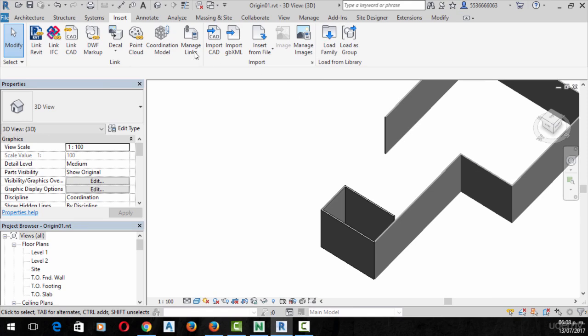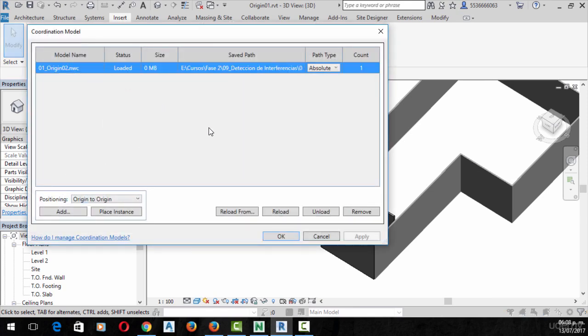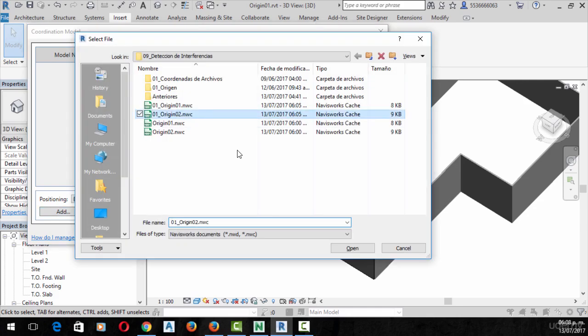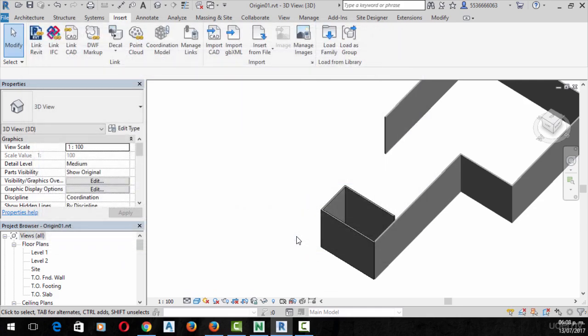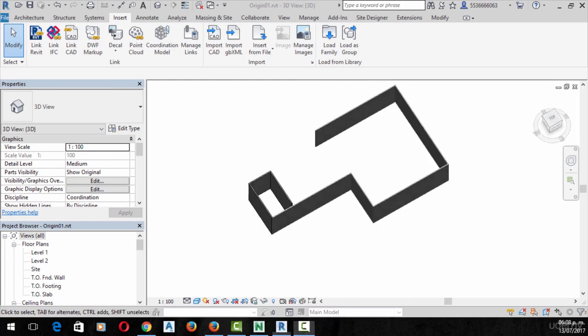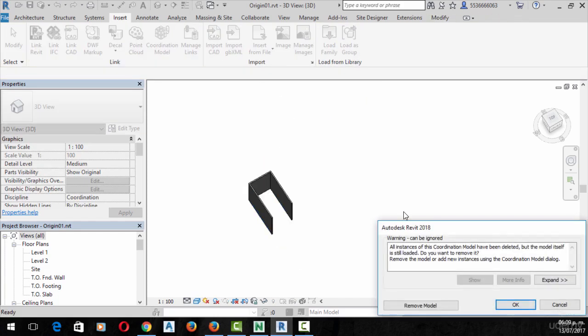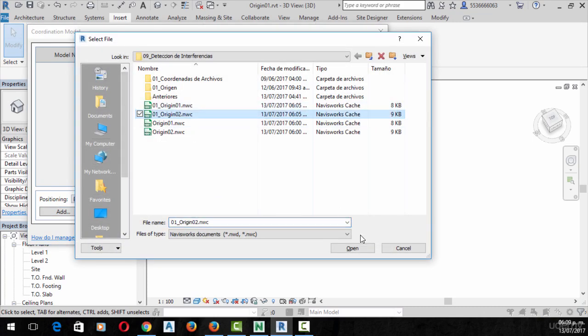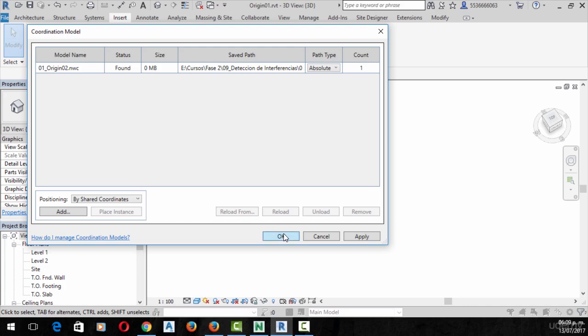So if we want to change this reference, you just need to get rid of that model, remove it, and change by shared coordinates so it gets everything in proper position. So we need to delete it first. We need to select this file. Since I got mistaken, just change the positioning system to by shared coordinates, and then we can select our Navisworks